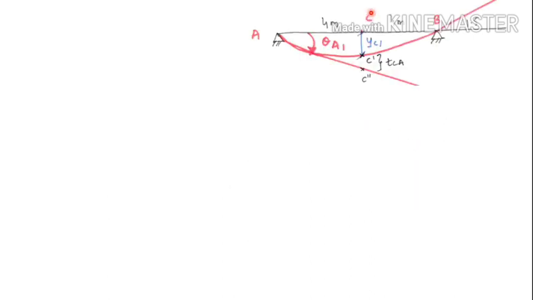Now we will see the calculation of YC1, and you see from the figure, from the deflected curve, YC1 is equal to C double dash minus C dash C double dash. So you can make the equation, and you see this C dash C double dash is nothing but TCA. After the application of the load, the final position of C is this point, and when you draw the tangent with respect to A, this final position of C has a deviation with respect to this tangent, and it is known as TCA. So this dimension is known as TCA.